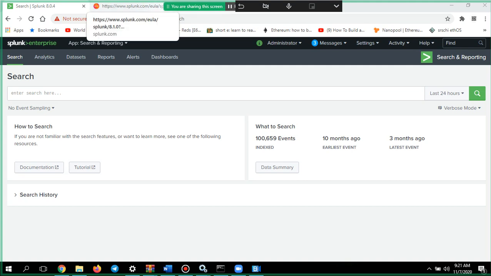Say for example, let me try to connect my cable. Let me get that cable here.